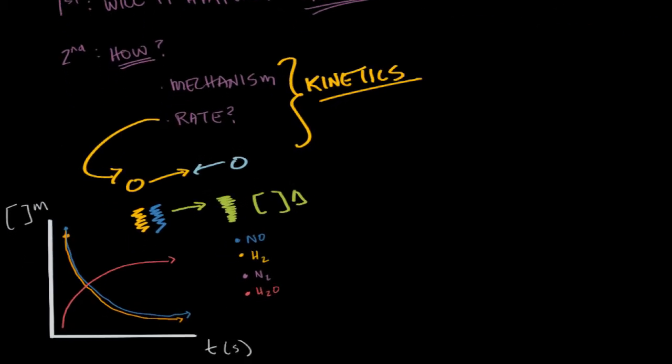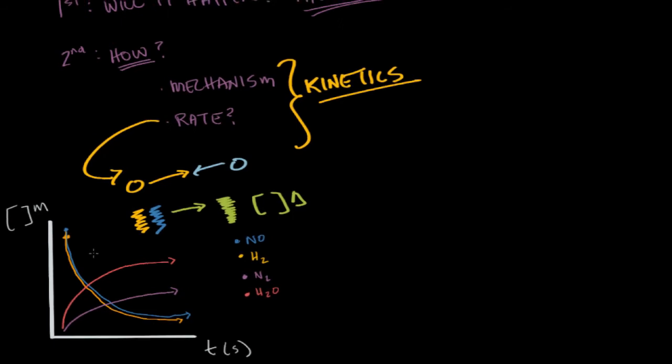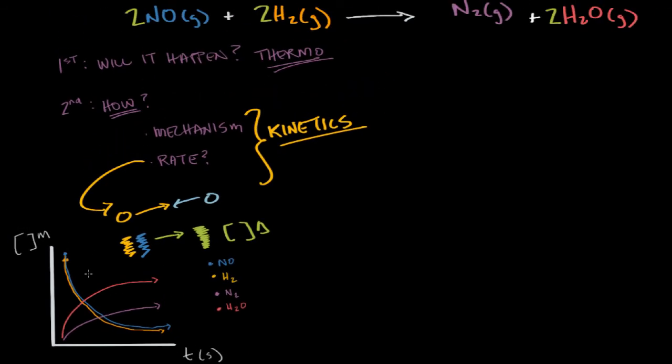And then our nitrogen gas increases as well, but at half the rate of the water vapor production. And I've signified that with a shallower slope, or a shallower rate, of the nitrogen gas being produced. And that's happening because according to our balanced equation up here, for every 2 moles of nitric oxide reacting, 2 moles of hydrogen gas will react, and 2 moles of water vapor are produced, but only 1 mole of nitrogen gas is being produced. So it's being produced at a slower rate, and that's signified on this graph